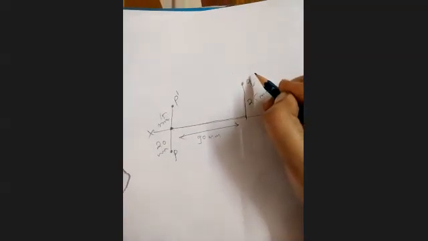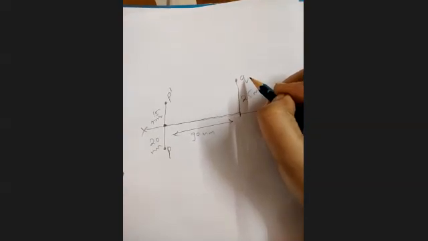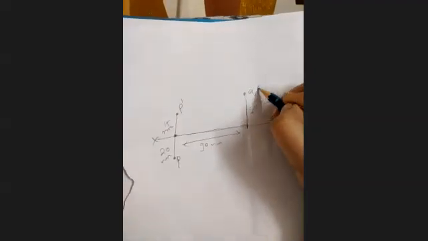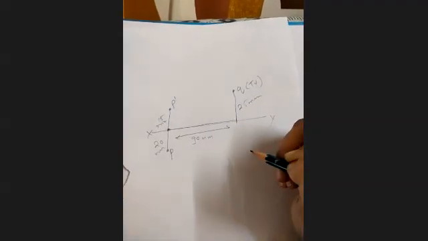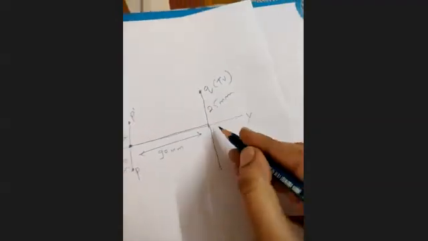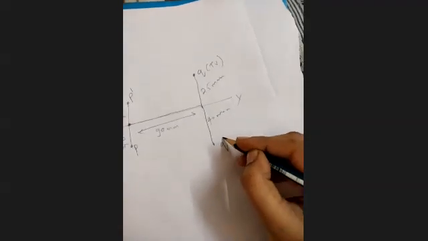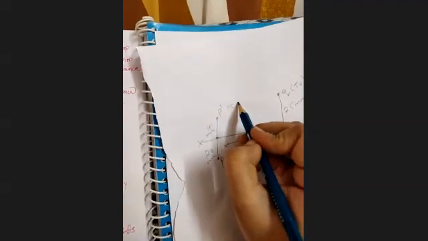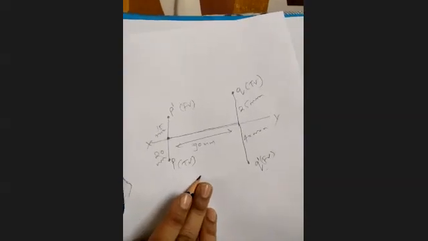Q dash. Is it correct? Q. Please check the notes. It's Q, top view. Okay. And from this, next point, 40 mm below HP means from this point downward 40 mm, and it's represented as Q dash. Q dash means front view. This is your answer of the first question. This point is clear? Yes, ma'am.